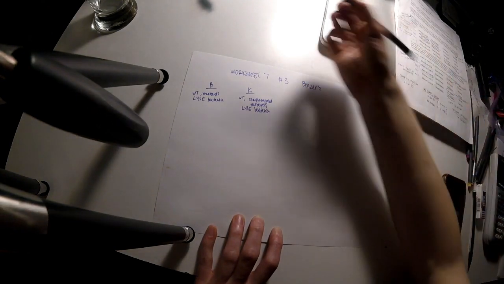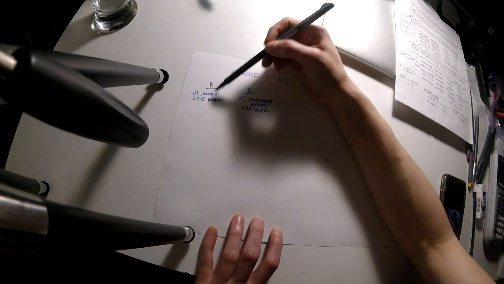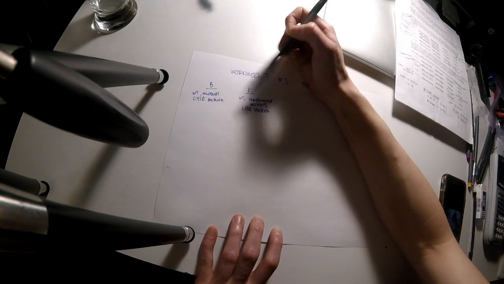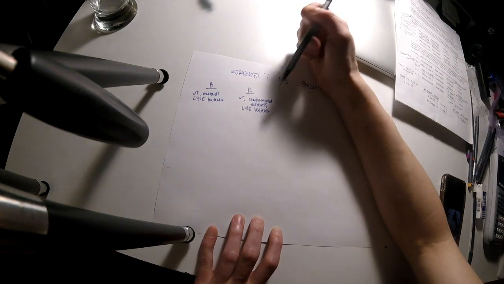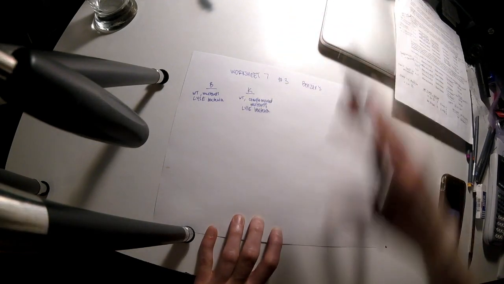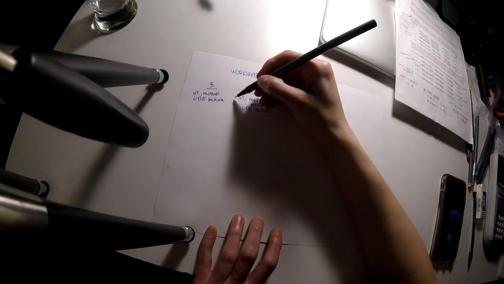So the first key thing is that B can be lysed by wild type or mutants, and these mutants can also be complemented mutants, it doesn't matter. K can only be lysed by wild type or complemented mutants. So that's the first key difference between them. The second key difference